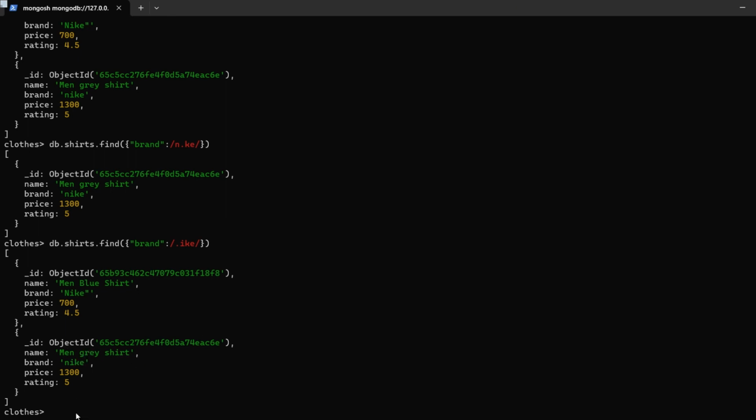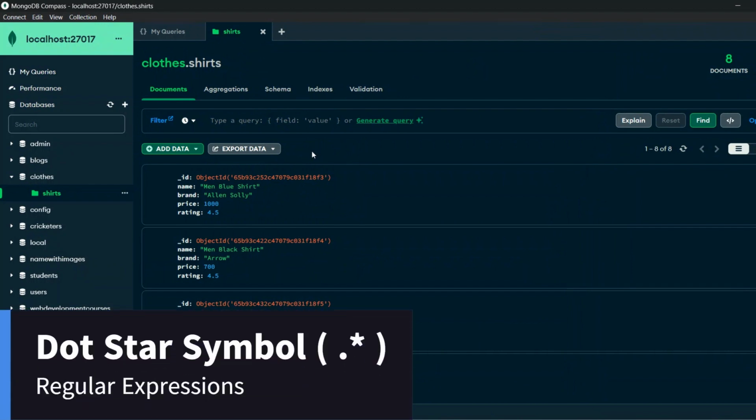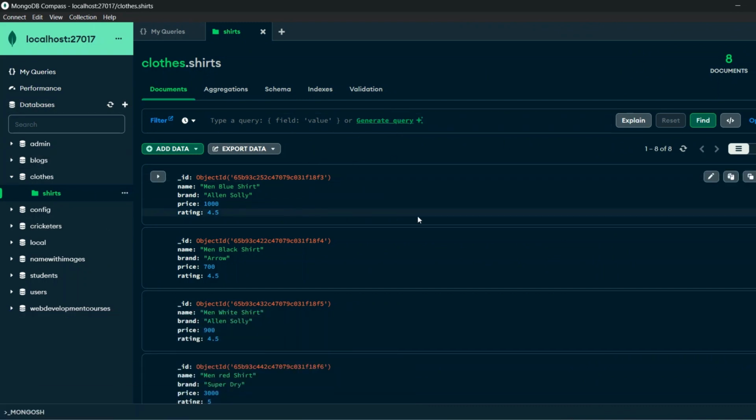So this is the use of the dot operator. Now let's see about the dot star operator. The dot star operator is used to match either a single character or multiple characters. If I want to retrieve all the documents where the value of name contains the word blue,